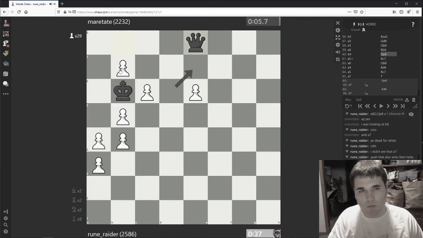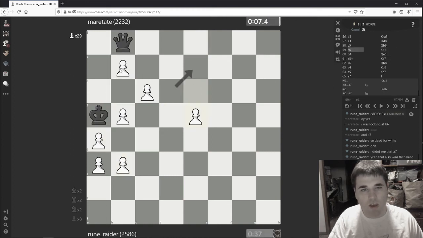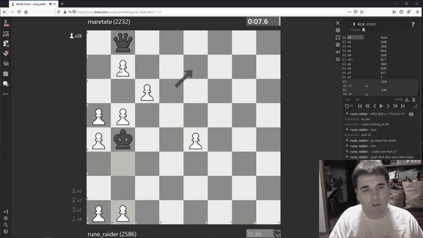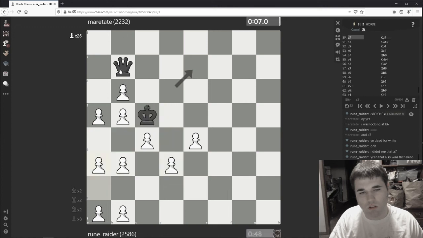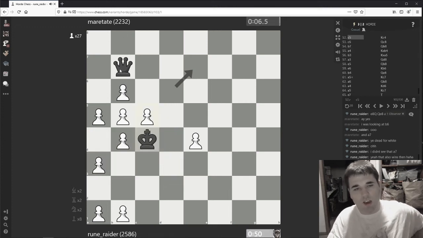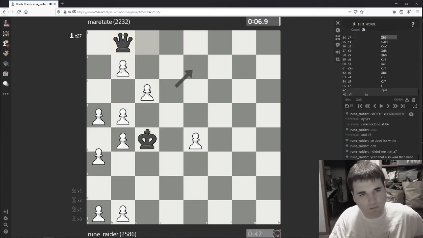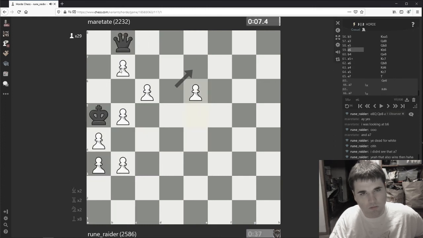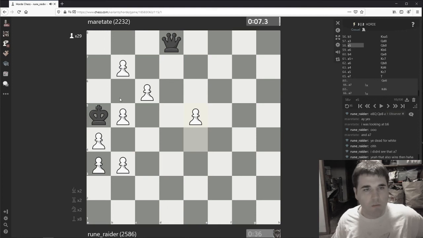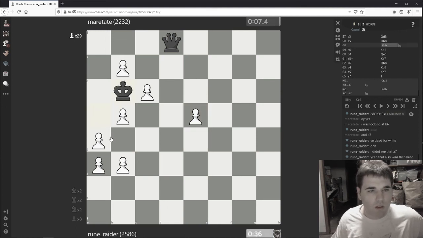So he messed up really quickly somewhere. Maybe he needs to play... Oh, gee, I don't know. I mean, I'm sure he has a defense somewhere. First off, maybe king b6. And if e6, king c7,